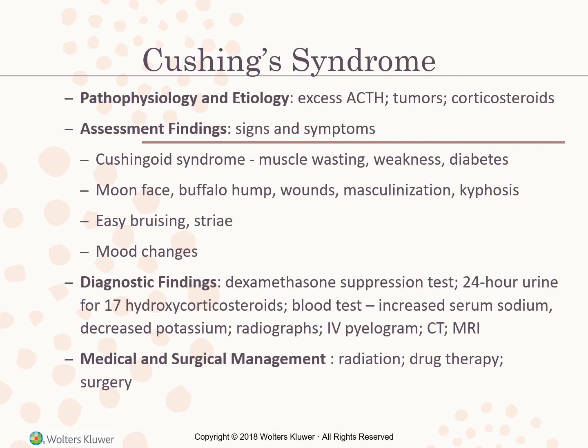In order to treat this, treatment depends on whether a tumor or adrenal hyperplasia causes the disorder. It's directed toward removing the cause and lowering the plasma cortisol levels. Radiation therapy or removal of the pituitary gland may be used for adrenal hyperplasia, and bilateral adrenalectomy may be preferred if both adrenals are involved. Some drug therapy is included for edema, as well as an antihypertensive agent. We want to give them a diet low in sodium and carbohydrates, which controls the edema and blood glucose level, and antibiotics will be used to treat infection.